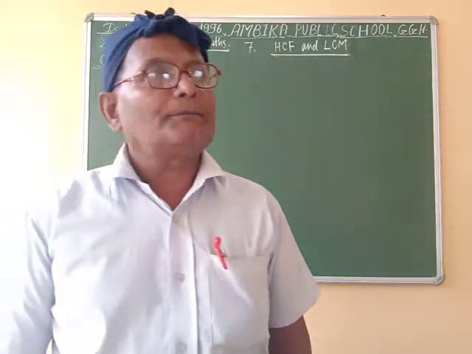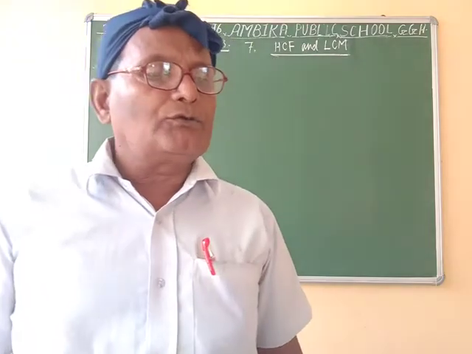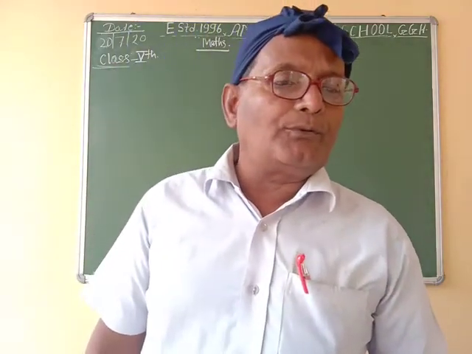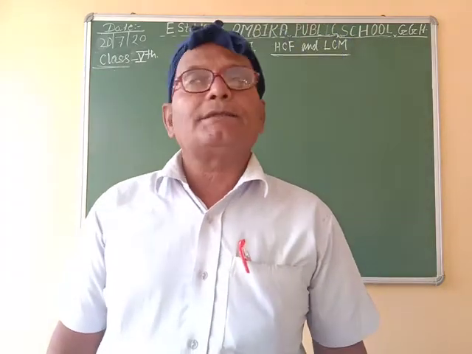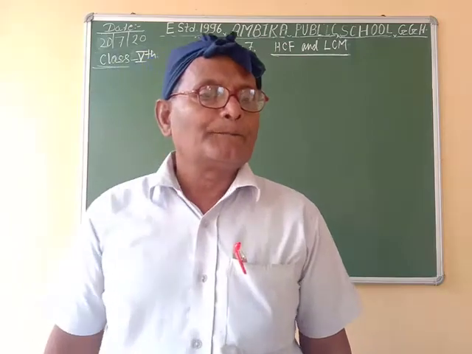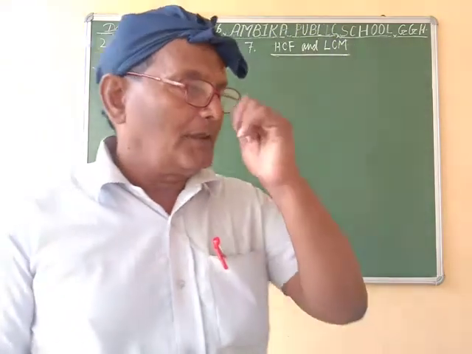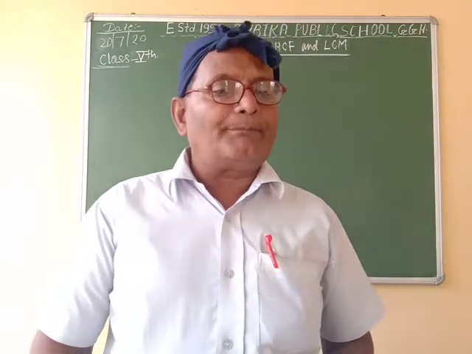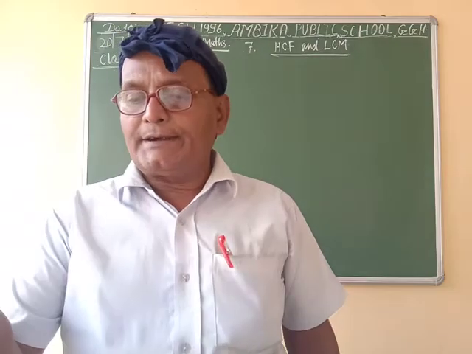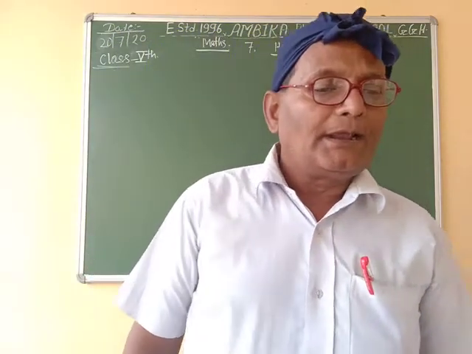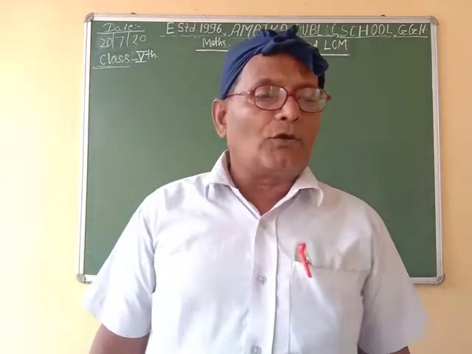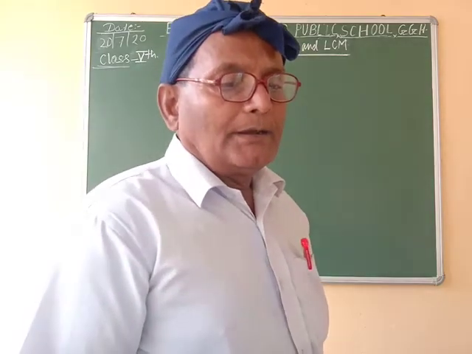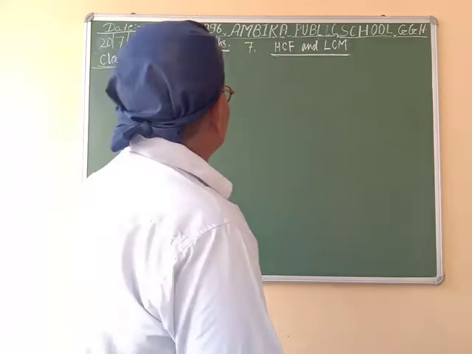As for example, 24 is equal to 2 into 2 into 2 into 3. Here all factors of 24 are prime numbers, hence the factorization of 24 is prime factorization. Now I am going to describe that there are two methods of doing prime factorization of a number. First method is called division method and the second method is called factor tree method. So first of all, I am going to describe the division method.